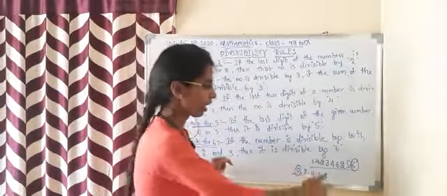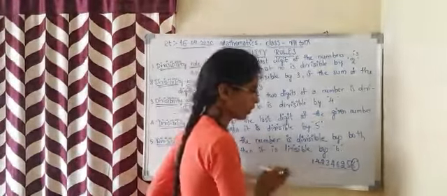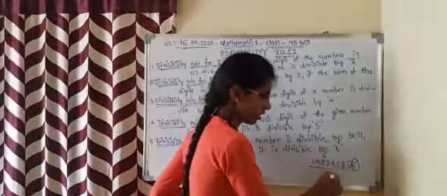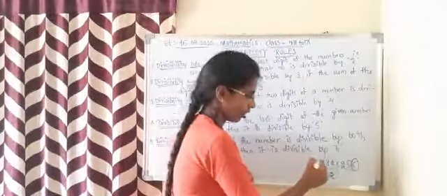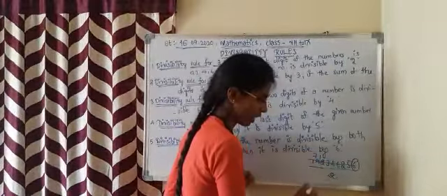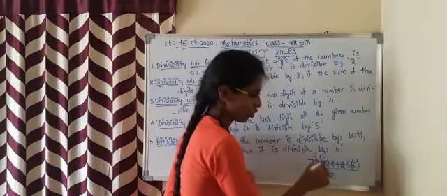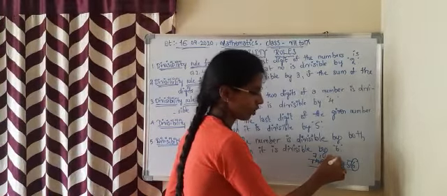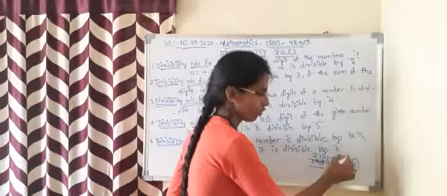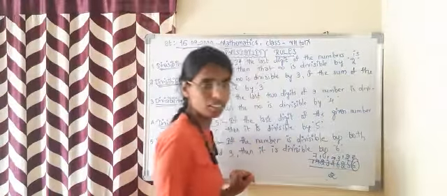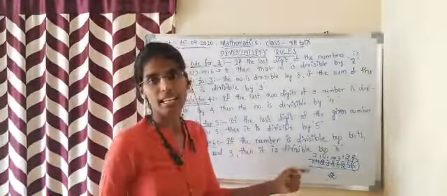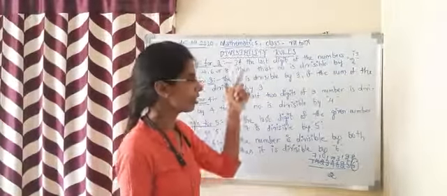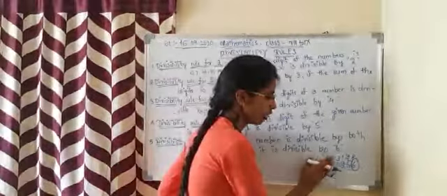by 2. Let us check whether this number is divisible by 2 or not, just by doing it in a simple way. 2 7s are 14, 2 1s are 2, 2 1s are 2, 2 7s are 14, 2 3s are 6, 2 1s are 2, 2 2s are 4, and 2 8s are 16. Nothing remained, hence it is exactly divisible by 2. This is the rule for divisibility by 2.